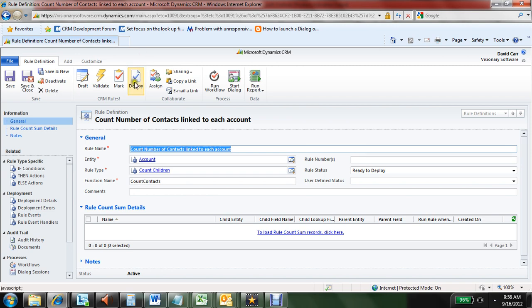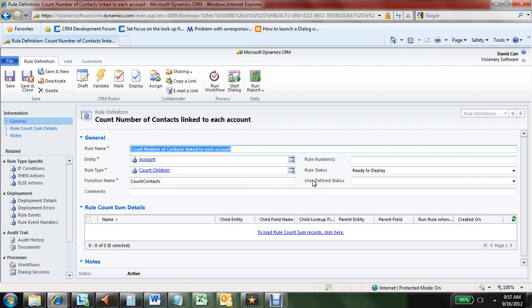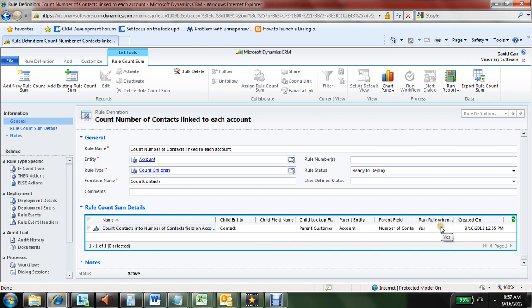And the reason why it's a plugin as well is because you want that to run after all of your pre-save plugins that have done validation run, so that you're sure you're updating the data correctly. Not as important on count as it is on sum, but so now we've deployed that rule, and we check that box so that it's going to run the rule when it's deployed. So we can now just check our view. I'm going to add that field to an account view, so we can check and see